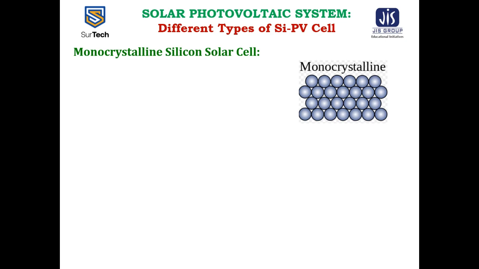The orientation, lattice parameter, and electronic properties are constant throughout the material. Dopant atoms such as phosphorus and boron are often incorporated into the film to make the silicon N-type or P-type respectively. Monocrystalline silicon is fabricated in the form of silicon wafers, usually by the Czochralski method, I will discuss later,